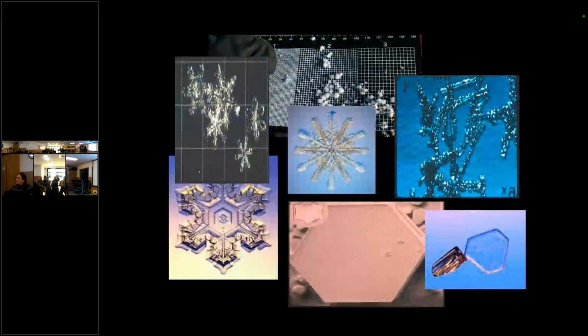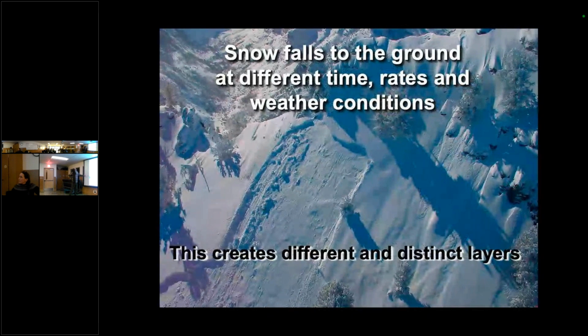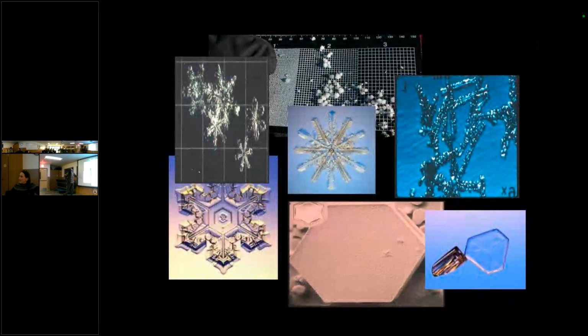And we'll talk about snowpack. So snow falls out of the sky. Typically, we have typical snow crystals. Around here, with the wind, by the time they get down to the ground, a lot of times these are all broken up. And then they'll become more roundish looking.